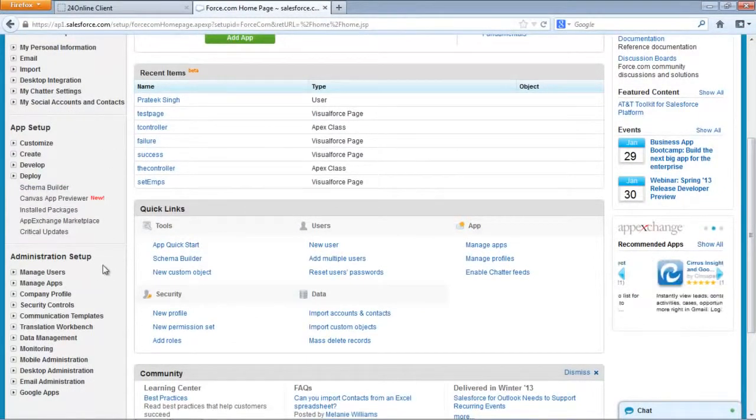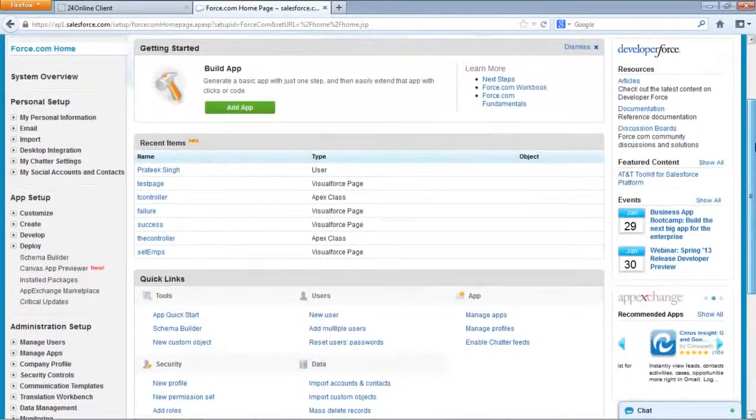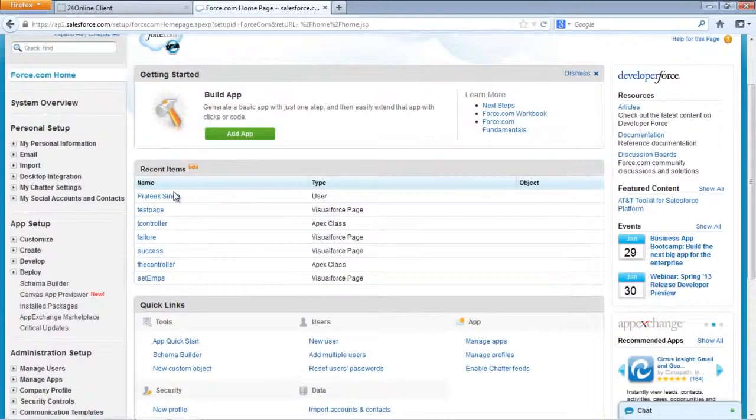And in the next tutorial, we will work on the security scenario and user management, data management. Then we will work in this administration setup area. I cannot combine both lectures into one video, otherwise the video will become too large and it will take a lot of time in processing and uploading. So I will start with app creation in this one, then we will move to security overview in the next tutorial, and in the third tutorial we will learn a bit about the coding part, the programming part as well.